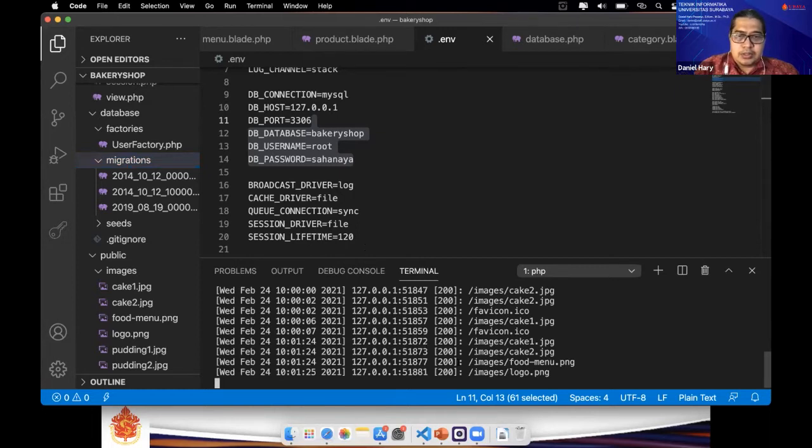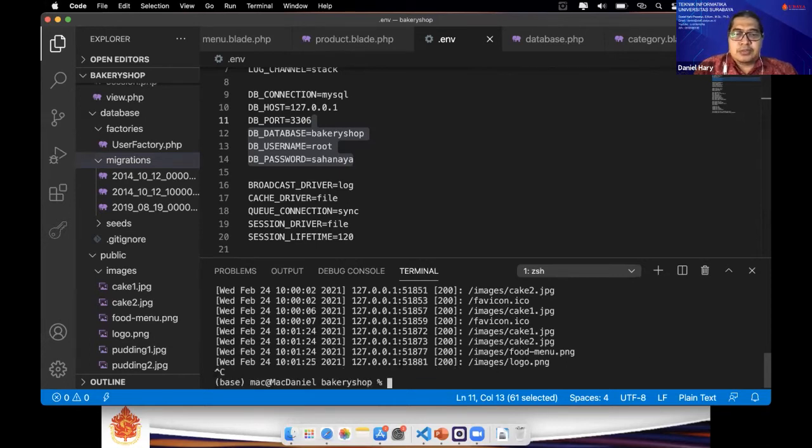Close the server first by pressing Control and C. Okay, and then run php artisan migrate.